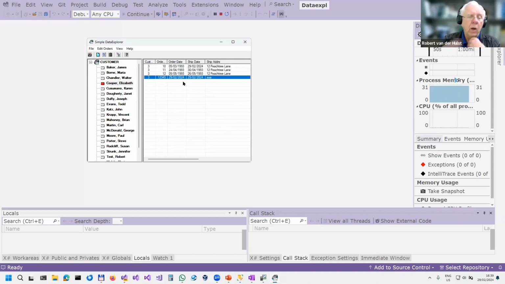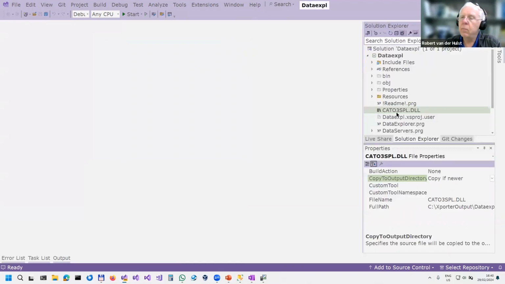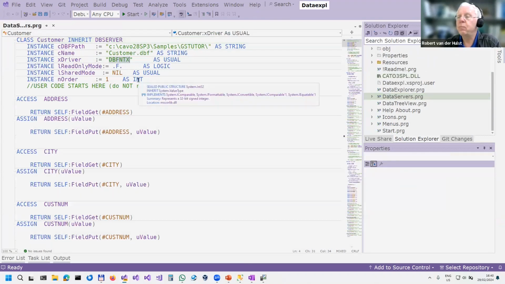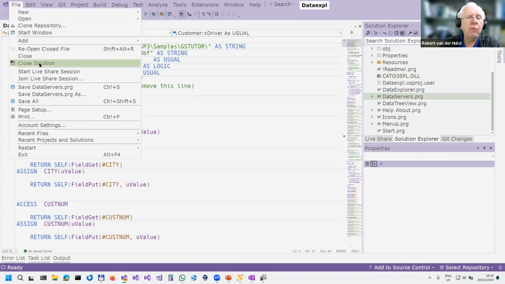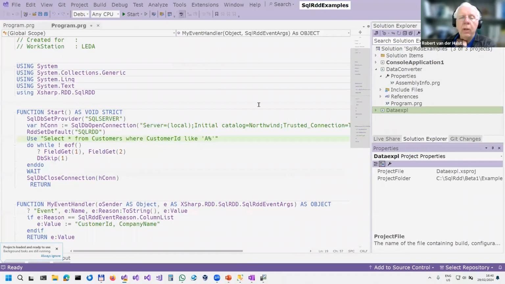So what's behind here is a DB server class and GUI classes, etc. Now I would like to change this to use the SQL RDD. That means that we need to move the tables to SQL and we need to change the sample because this particular sample has hard-coded in the data servers layer, that is DBF NTX. So what I'm going to do now first is open the sample that I've included with the